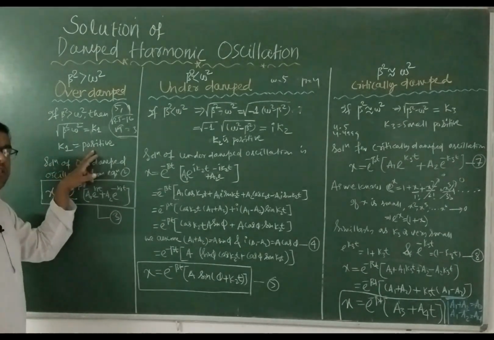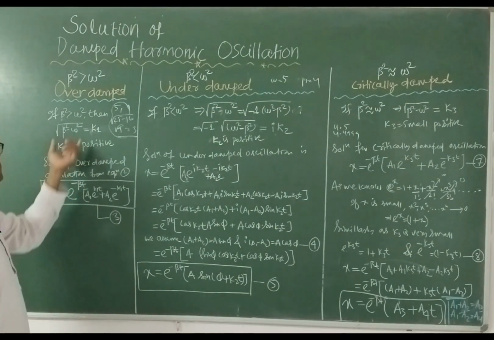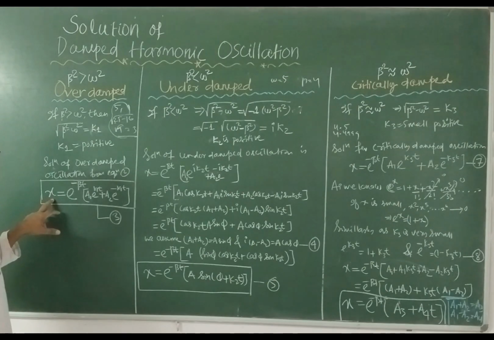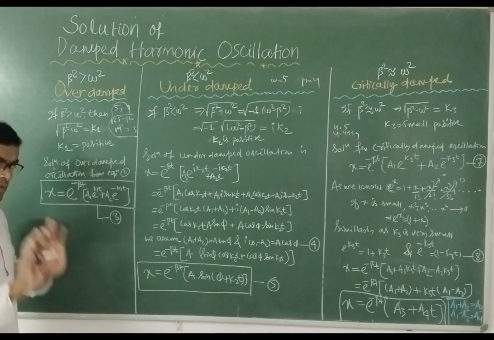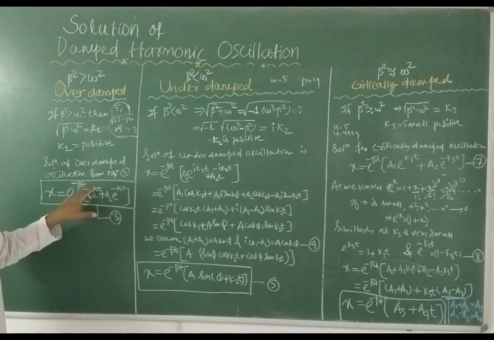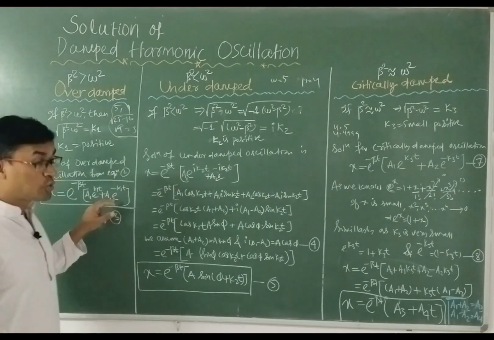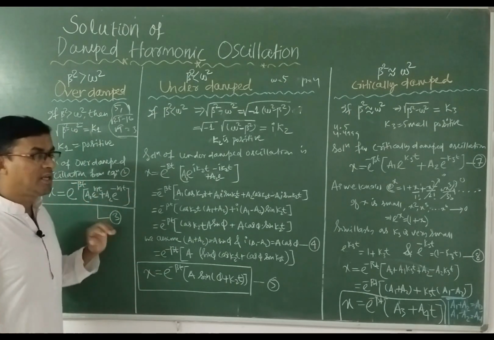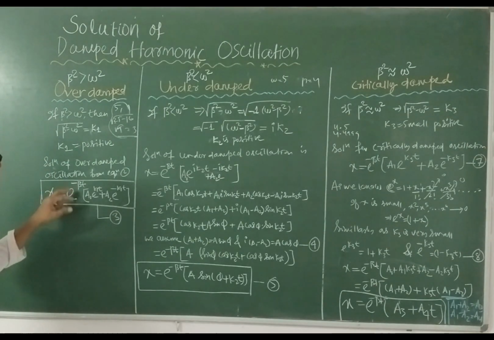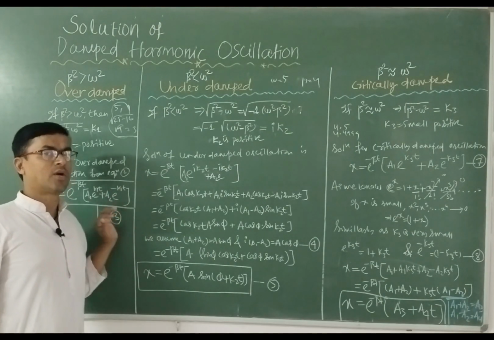So if it is positive, then come to our solution x equal to e to the minus beta t, whole bracket, a1 e to the power. In place of the square root of beta square minus omega square, put this value. The e to the minus beta t is there; it won't be affected by beta square minus omega square. But the e to the power square root of beta square minus omega square term was there, and now I got the value k1, so I put the value k1. Similarly, it was a2 e to the power minus k1t. So the solution for overdamped is x equal to e to the minus beta t, whole bracket, a1 e to the power k1t plus a2 e to the power minus k1t.